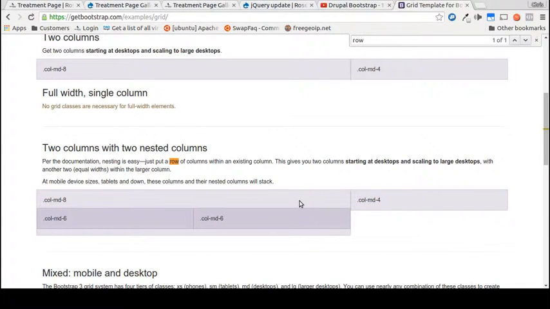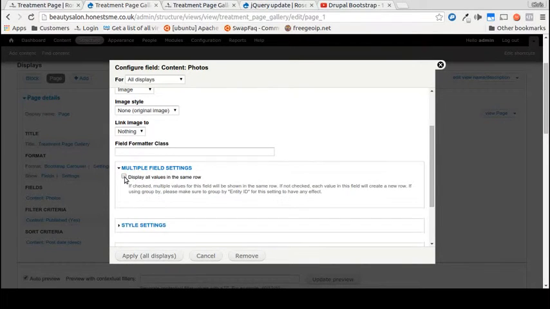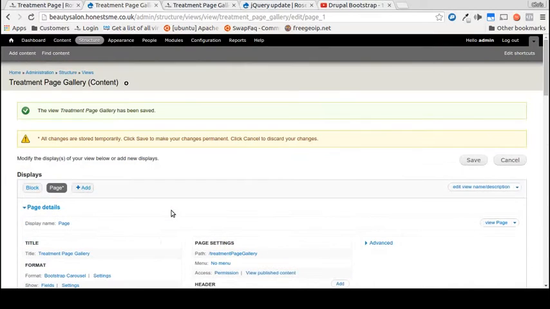And when we do a Bootstrap carousel, what happens is Bootstrap View's Bootstrap module creates a row, a div with a class of row, and within that puts another div with a column MD12, so that the image spans the entire row, and that's how you get an individual image per row. So we'll uncheck that, apply to all displays, and click save, and